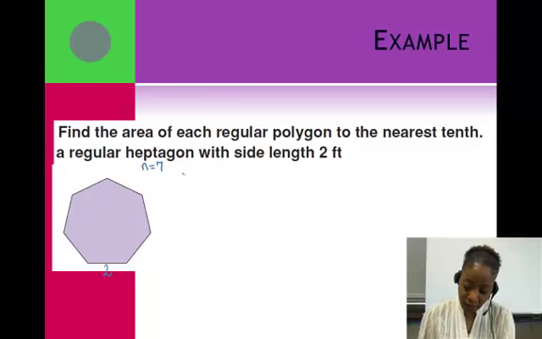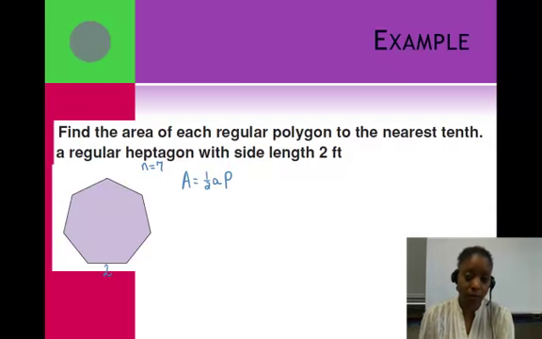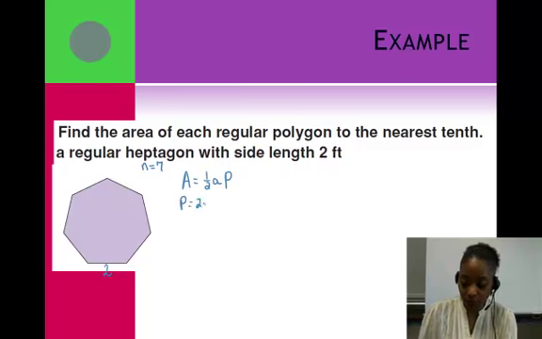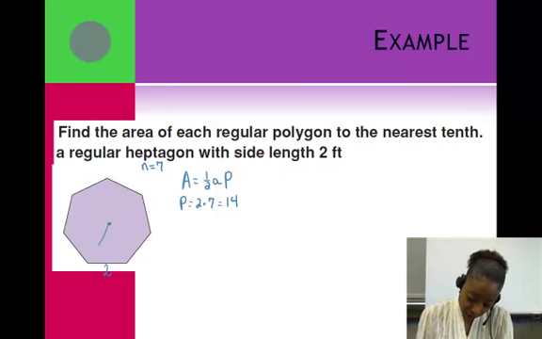So if we're going to find the area of it, we need to use the formula. Area equals 1/2 the apothem times the perimeter. Now we can find the perimeter because it would just be 2 times 7. P is equal to 2 times 7, which is equal to 14. So we're good there, but we have to find the apothem. So how can we find the apothem? Well, I'm going to draw my center in here,